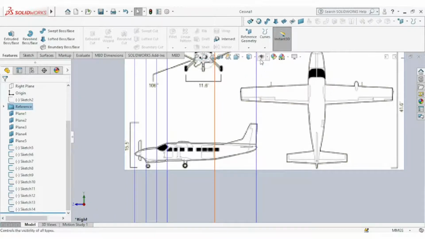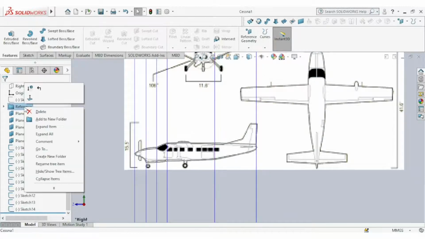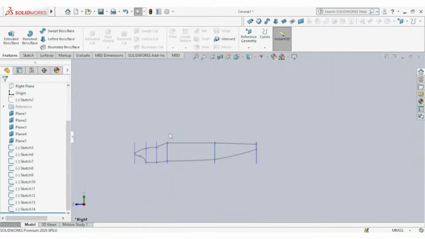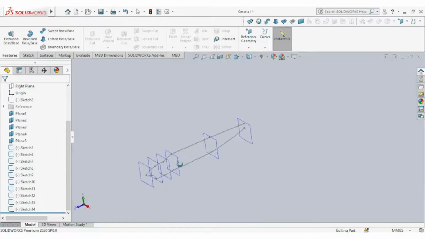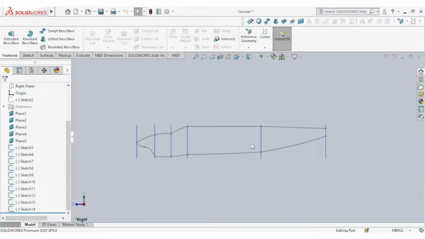Click this button to hide everything because there's still a sketch, and if you right click on this and suppress, you can see the progress of what you're doing. So right click, bring them back.